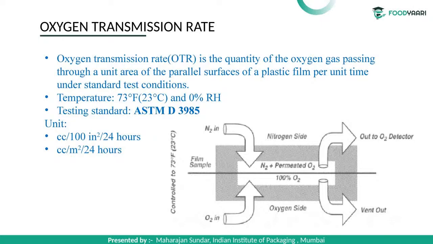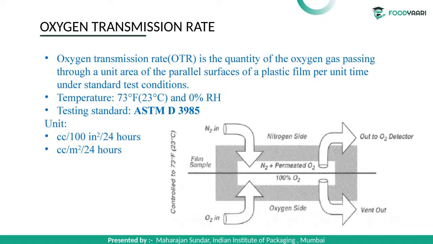The unit is cc per 100 square inch per 24 hours in US standards. In metric standards, it is cc per square meter per 24 hours. Oxygen transfer rate is one of the most important parameters to be considered for a packaging material while packing a food product. For example,